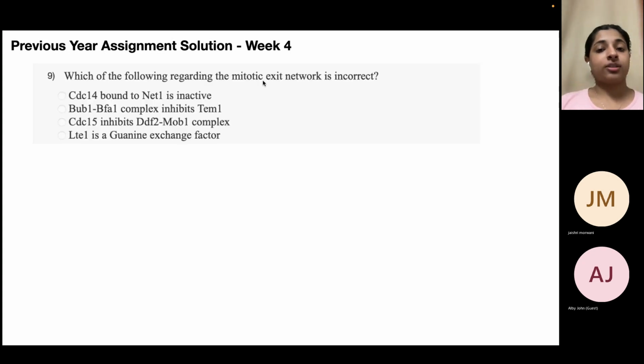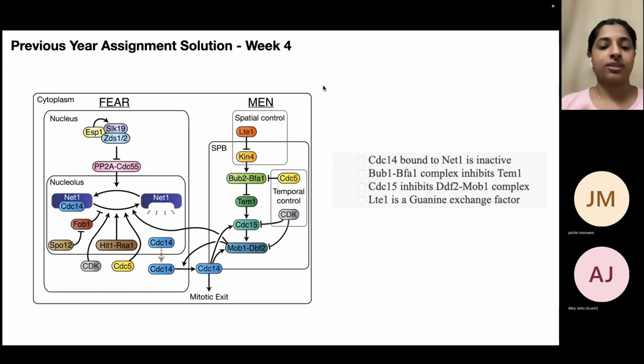Which of the following regarding the mitotic exit network is incorrect? So again, the mitotic exit network exists to ensure that the cell has completed its mitotic events and can now progress to the next stage of the cell cycle. There are lots of proteins that play a major role, but here, if you look at the options along with